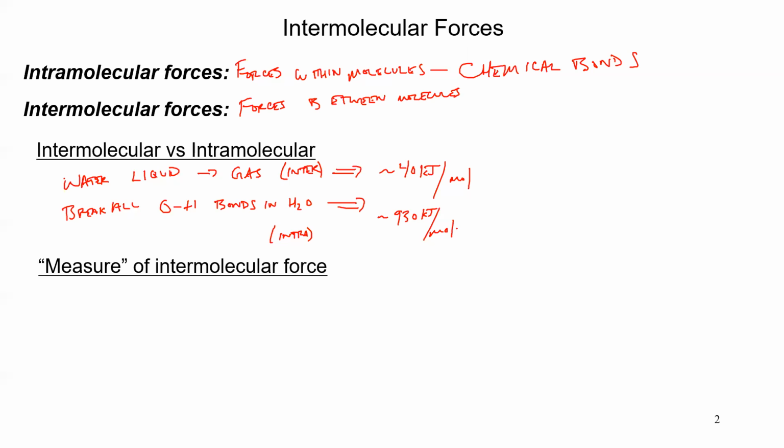So when we think about intermolecular forces, there are some ways that we can think about measuring intermolecular force strength. The first of these is what we just talked about, bond strength. But bond strength is very particular to a given compound. An OH bond in water is going to be slightly different in energy than an OH bond in an alcohol, than an OH bond in an amino acid. And so when we think about intermolecular force, we're going to back out just a little bit and look at